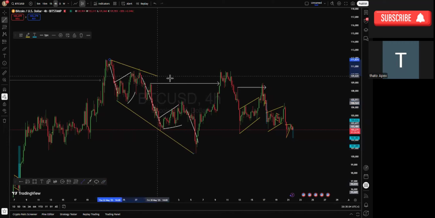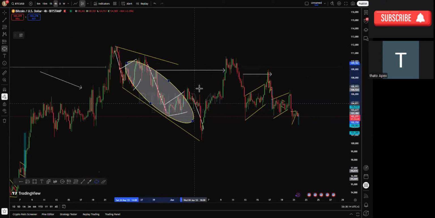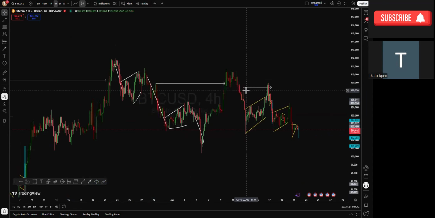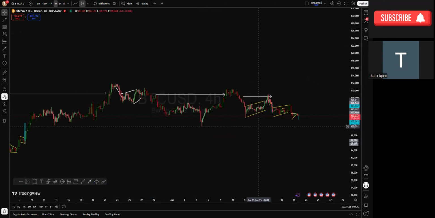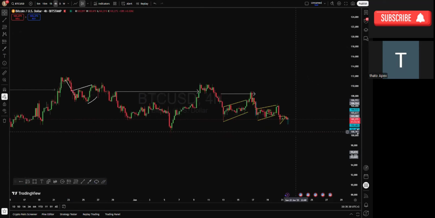So it's a two-touch structure, and mind you, we had this impulse followed by our correction, which is this price action right here, right? And after that, we are expecting another impulse, which we did impulse. So during this price action, I wasn't fully locked in on Bitcoin, okay? But then